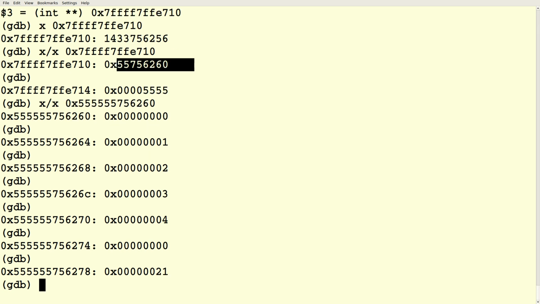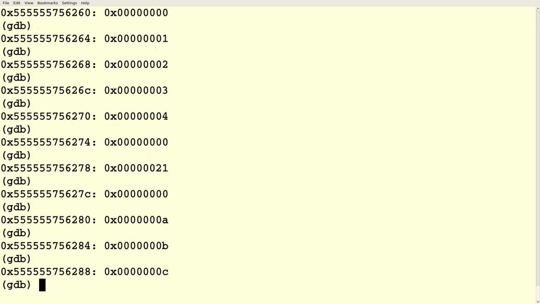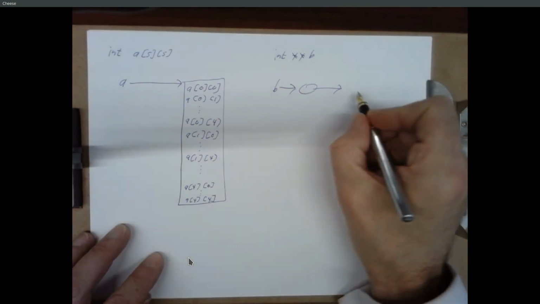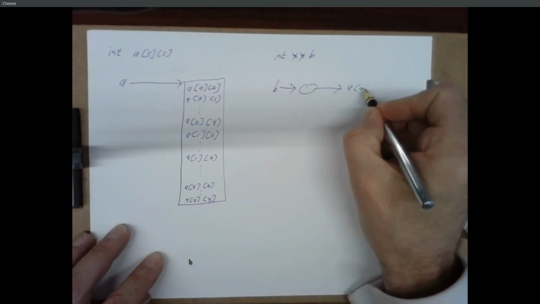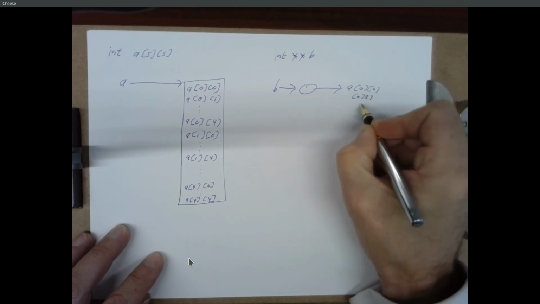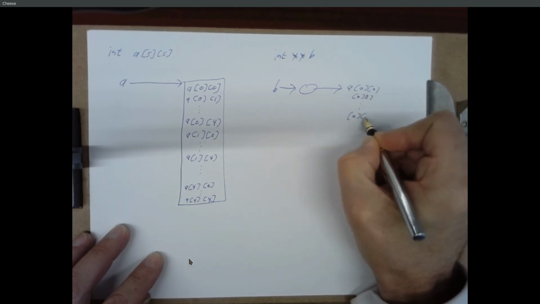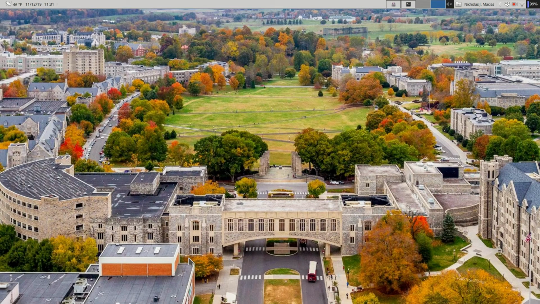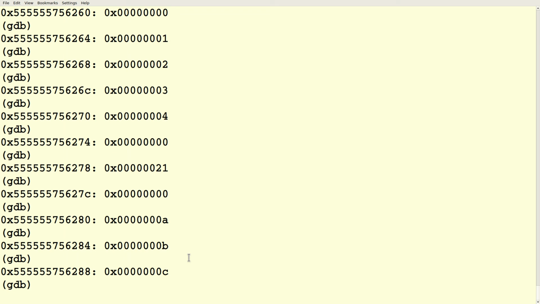Followed by strange stuff. Do we have to do it this way? Nope. And I recommend you don't do it this way. So B is pointing to some location in memory where I find a[0][0], [0][1], all the way down to [0][4]. And then past that, it's looking at a different spot.